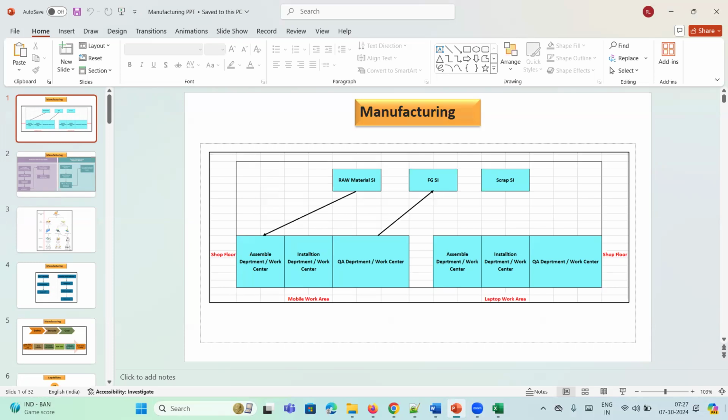Services means whatever products I sold to my customer, due to some reasons they come back as returns, so that is where I will do the services. If you see a manufacturing plant, all activities generally won't be performed in one place. Specific places are there. Services they will do in a separate place, mobile activities separately, laptops separately. Similarly, sales related activities they won't perform at the shop floor. They may have a separate office where the sales team will sit and do all the sales related activities. Similarly, in a manufacturing plant also, I